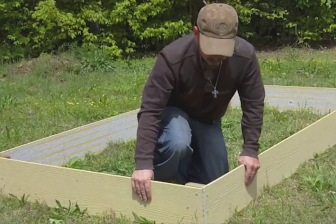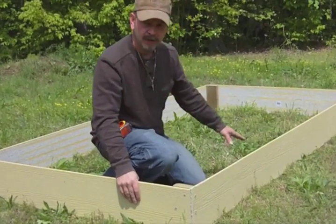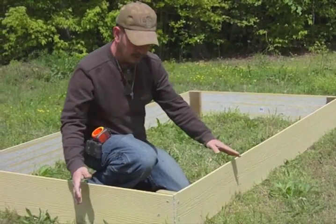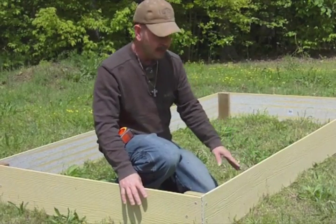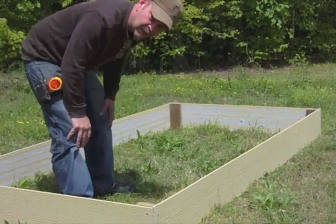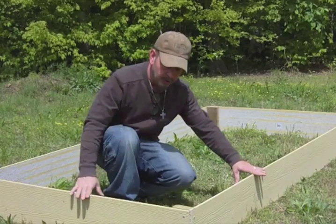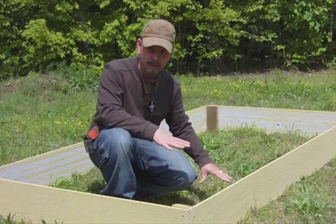Got this thing all assembled, and now the only thing you got to do is, as you fill it up, put a few stakes along the outside perimeter, because it is a little bit flexible. Now, generally, what I do is I put my box in place, and then I come in here with a shovel, and I dig down about the depth of one shovel down into the ground, get all that dirt out. So my bed, although it doesn't look very tall, I have good soil going down to a much deeper level